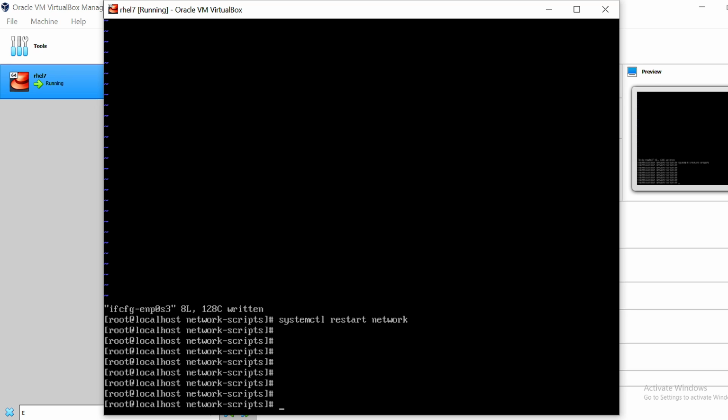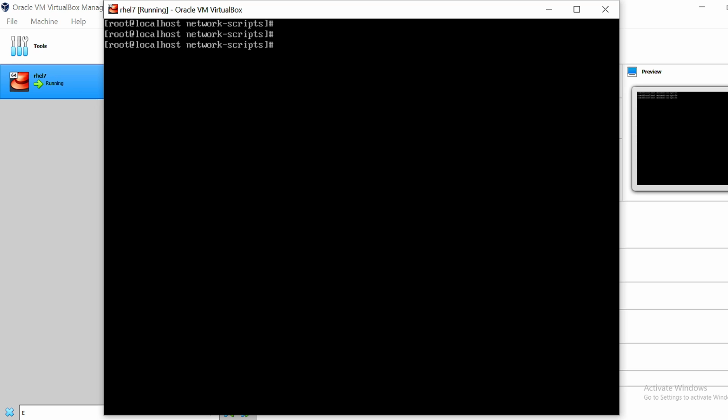The command for setting the hostname is hostnamectl. So let me clear this screen. The command for the hostname setting is hostnamectl set-hostname,